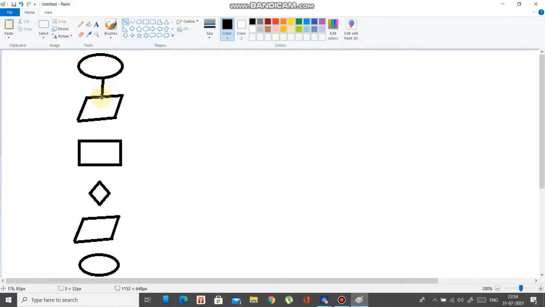And we use arrows or lines for connection.